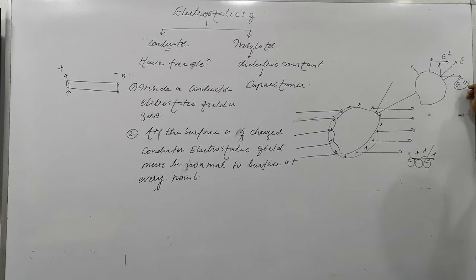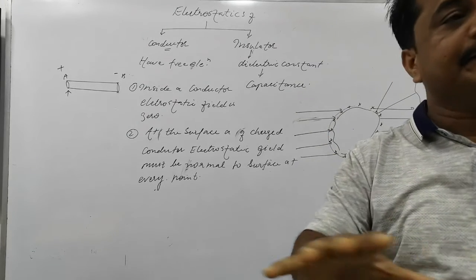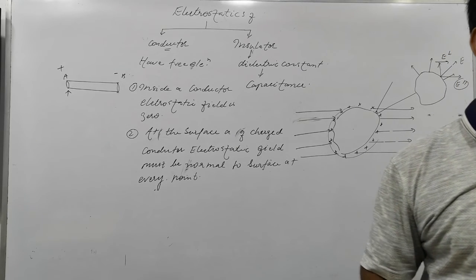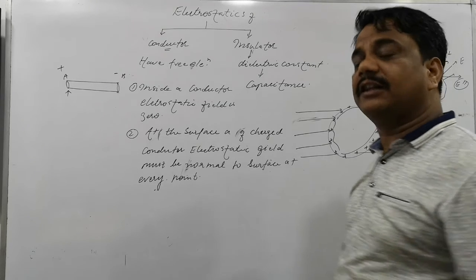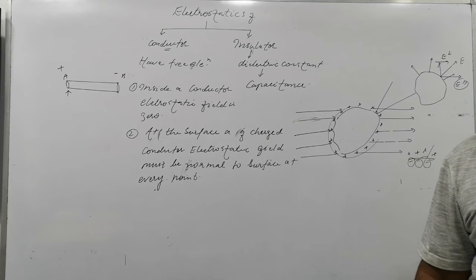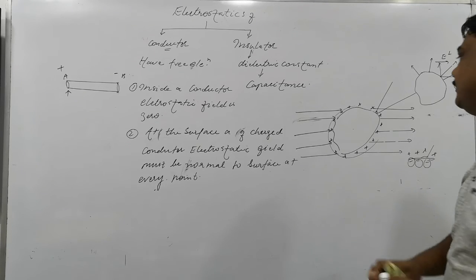Obviously this component. The concept is not very useful here, but listen: when you have given the charge and the charge has been distributed over the surface, which components will actually give that? Normal means it is making a certain angle with the normal. So flux is coming out of the normal. Flux does not come left or right of the surface. Is that clear? So the direction of the flux, meaning the field line, is the same direction as the surface normal. So we can say that at the surface of a charged conductor, the electrostatic field must be normal to the surface at every point. So please write this down.